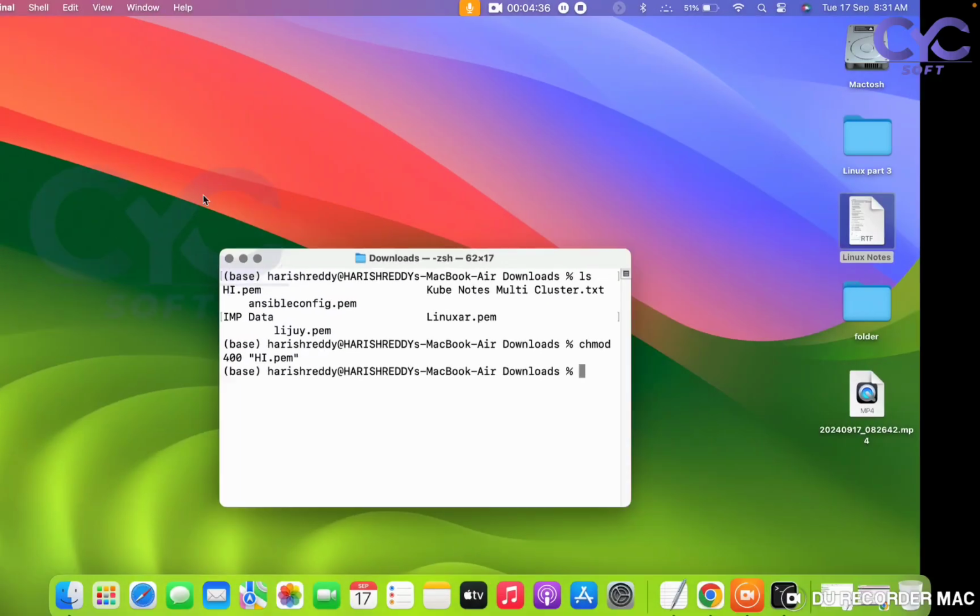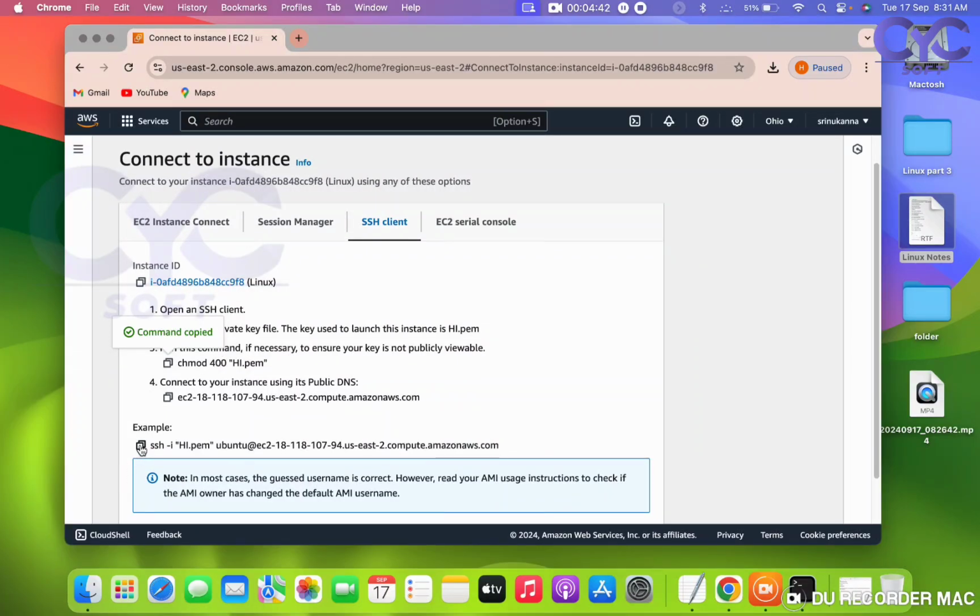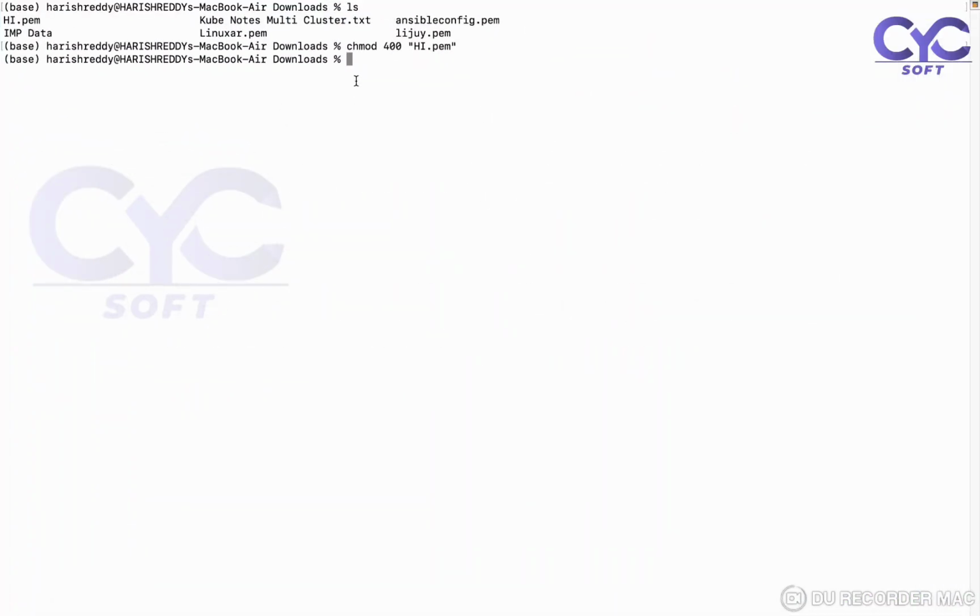Okay, so now I'm connecting the server. Currently I was in downloads, so I am connecting the server. In Windows you don't need to mention this, just go there directly. Wherever you have the file, suppose if your file is in downloads, go there, right click on this, you'll get one option, open Git Bash here. In the same way, on the MacBook also, I am going to the downloads folder. If you're in Windows, please do it like this. You can copy this one and paste it near the key file in the Git Bash terminal, enter,